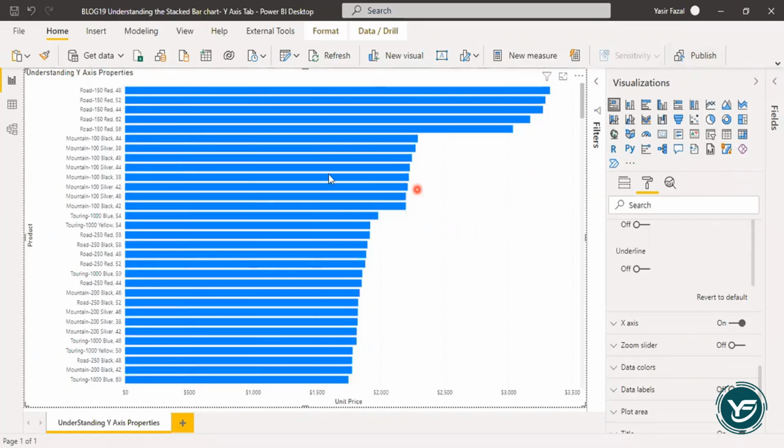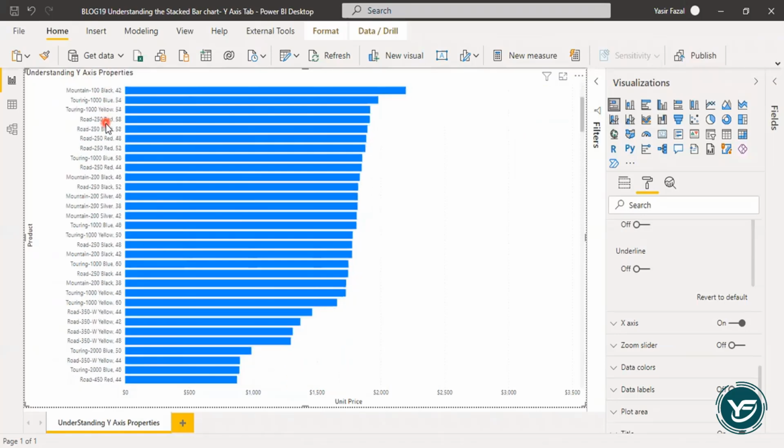And in this blog post, I'm going to discuss how we can understand the y-axis property. So first of all, in any visual, what does y-axis mean? Y-axis means the values that are coming on the vertical side of the chart, as my mouse is showcasing right now on the right.